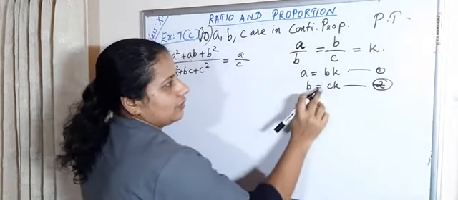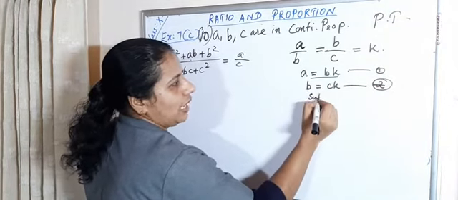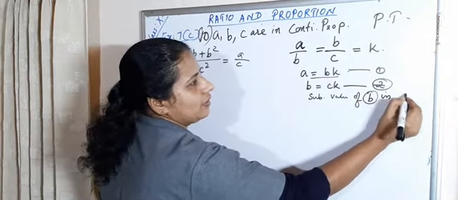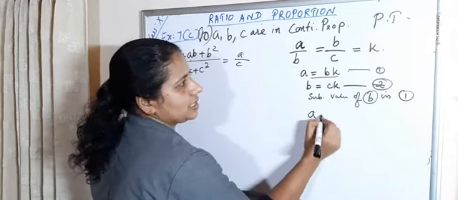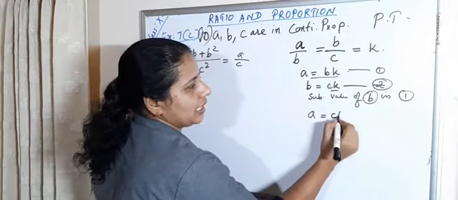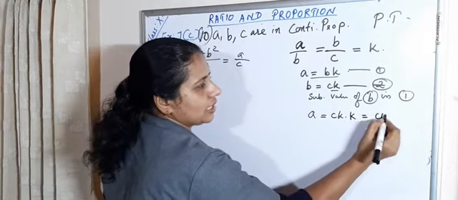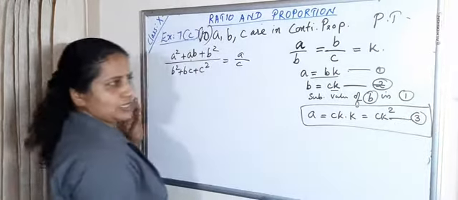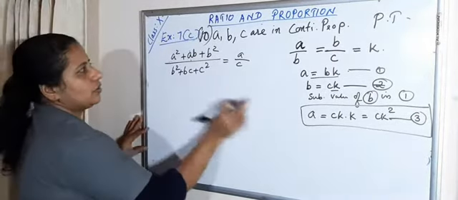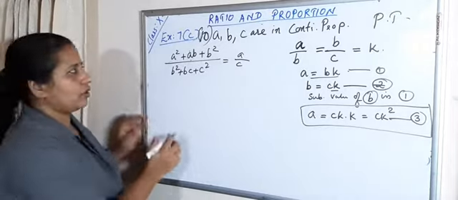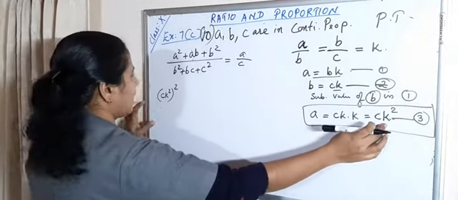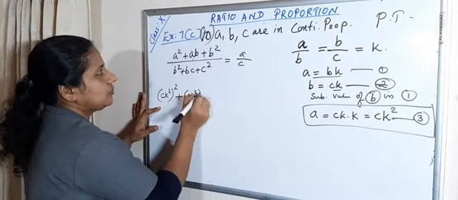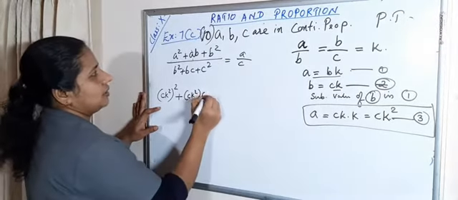Okay? Then, from this, substitute the value of b in 1. Okay, that is a is equal to, the value of b is ck, ck into k is equal to ck square. This is very important. a is equal to ck square. Now, substitute the value of a and b in this one. Okay. That is, a square means (ck²)² plus ab means ck square into b is ck plus